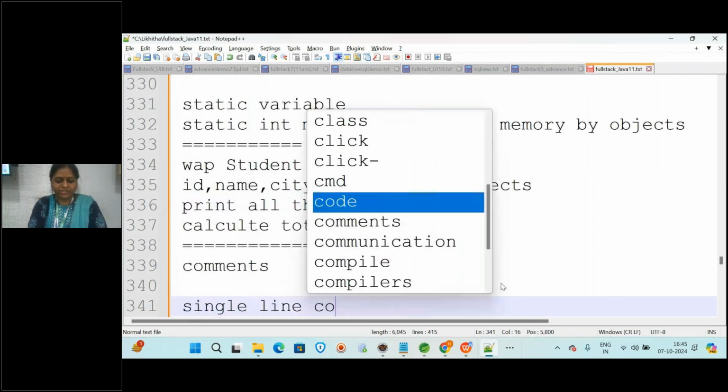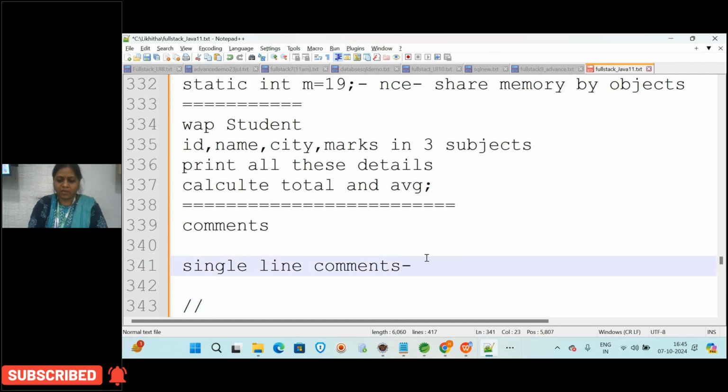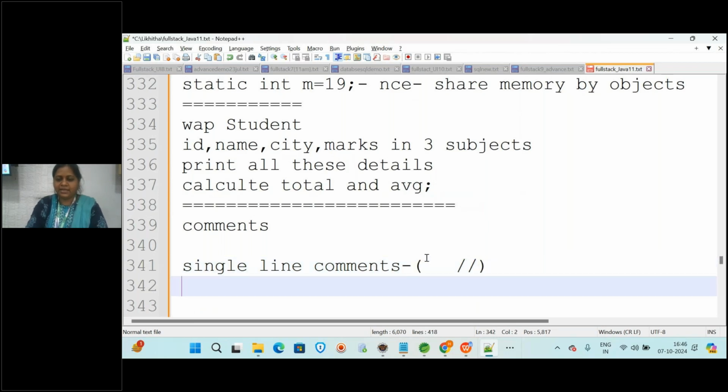If you want to write single line comments, you have to use double slash. Double slash is used for single line comments. Whatever you write in the comment is not executable. It is just for our understanding purpose.